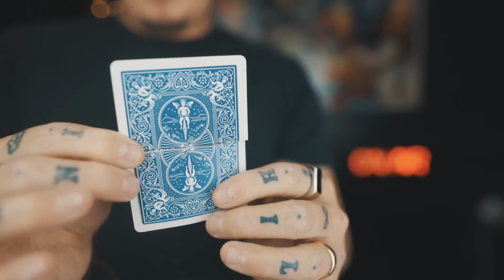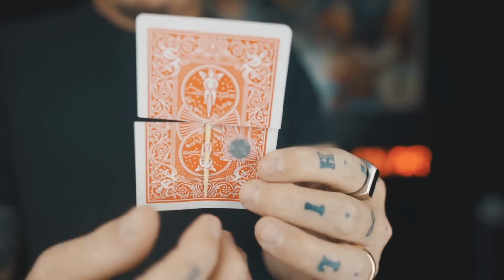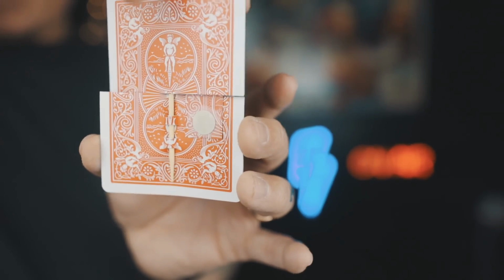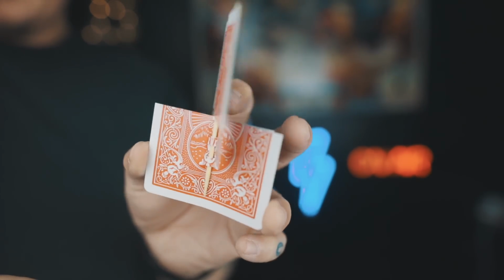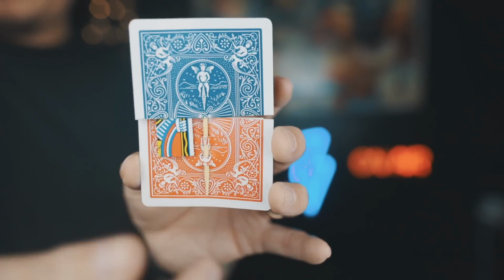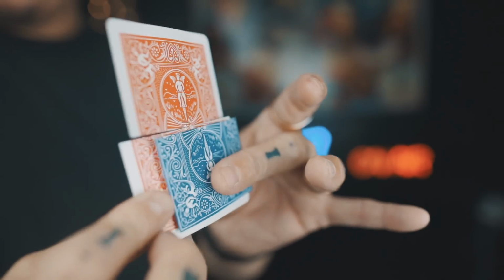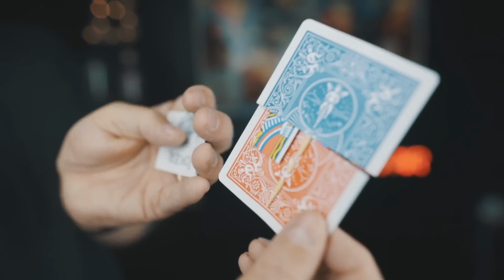Now that you have your gimmick ready to go, this is how you perform it. So from my point of view, to set up, when the magnet's attached, I rotate the card into this position so that when I flick it, the magnet will want to stick in place and lock. Okay, so I'm looking at the back of the card like this, I rotate it back, and then this front piece I'm going to steal off into finger palm. Okay,